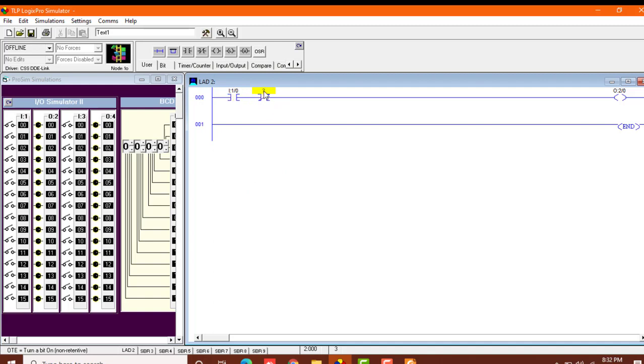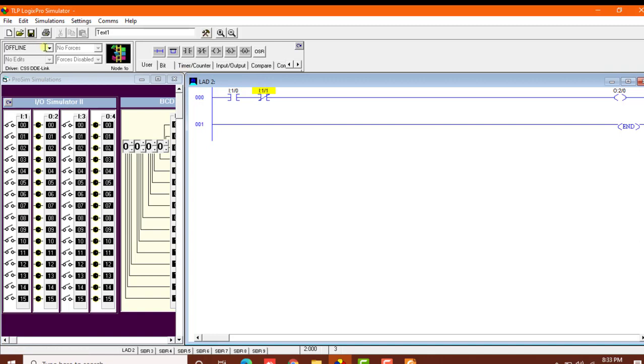Now what I'll do is I'll change its name to I:1/0. Wait, what did I do? I've termed the same input to both the gates, which is not a good thing to do. So what I'll do is that I'll change this to I:1/1. Okay, so now what is happening, that this input is referring to this switch, and this input over here is referring to this switch over here.